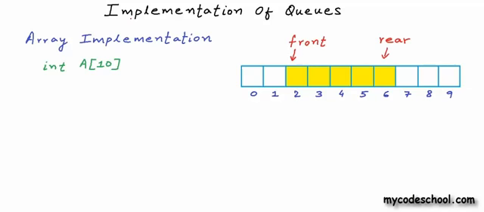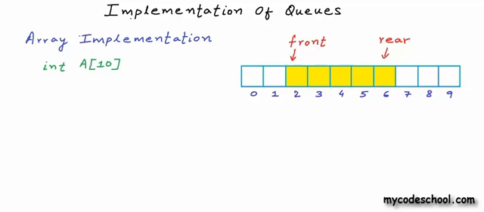In this array, I'm showing the front of the queue towards the left and the rear towards the right. In earlier examples, I was showing front towards the right and rear towards the left. It doesn't really matter. Any side can be front and any side can be rear. It's just that an element must always be added from the rear side and must always be removed from the front. So if at any stage a segment of the array from an index marked as front till an index marked as rear is my queue,